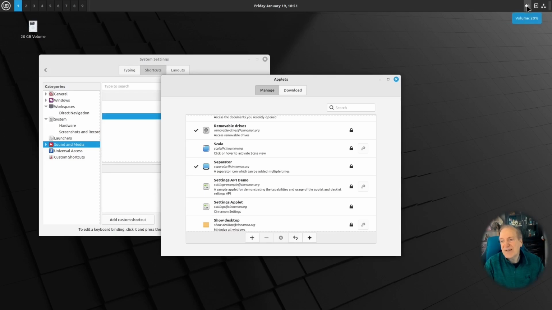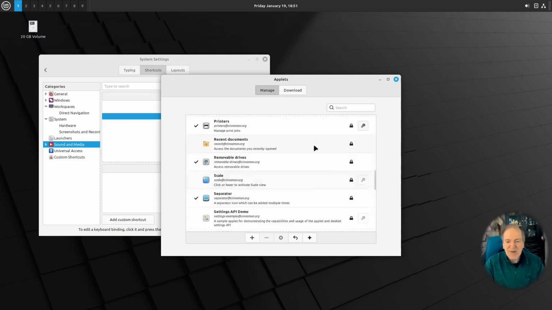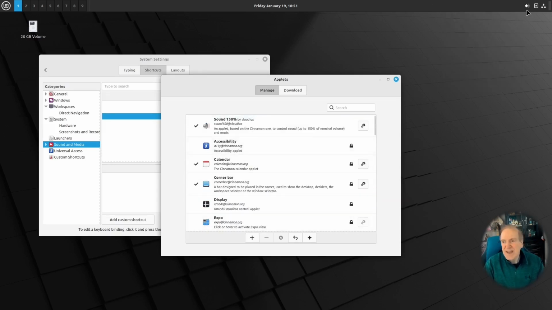However, to move it, of course, you would just go into panel edit mode and then slide it over just like we did before. So now that we got our Sound 150, if I go here and I hit my key, you can see by default it still moves in increments of 5 just like the regular one, except now we have some recourse. We can go in here into our settings